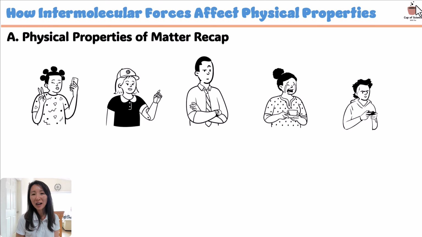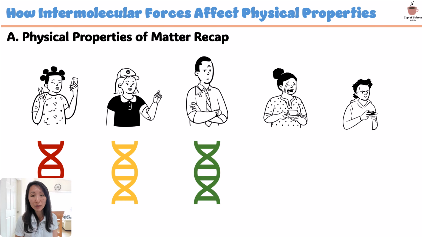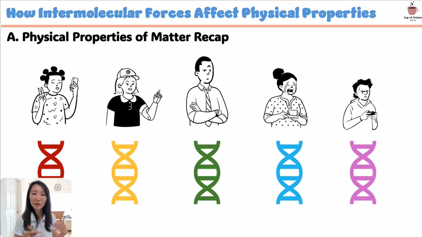Say these are your 5 friends, and the 5 friends are vastly different in their physical characteristics. Say, for example, one has very long arms, so she's dominated by this DNA. This person has very short arms, so she's dominated by this type of DNA. This gentleman is very tall, so dominated by this DNA. And so on and so forth, depending on how they look, it's really represented because of the DNA that they